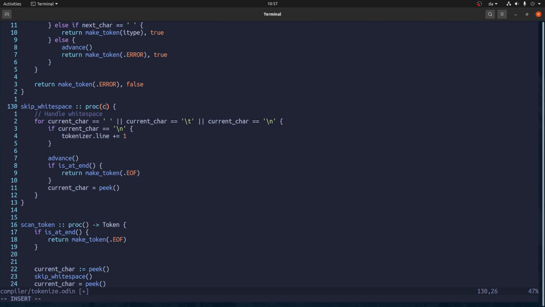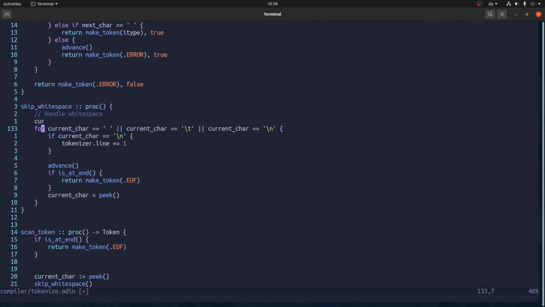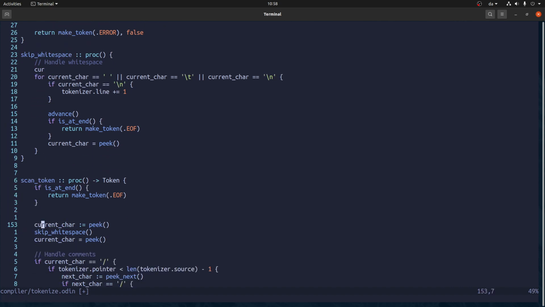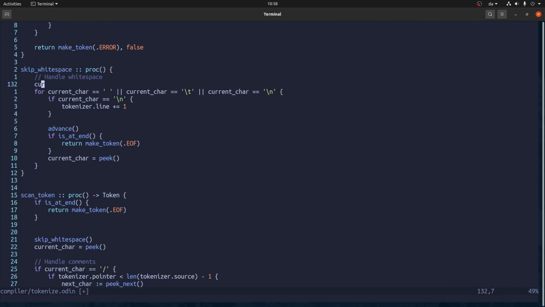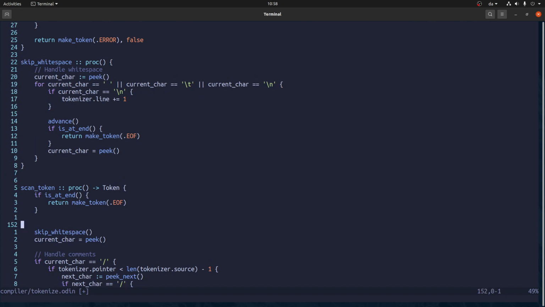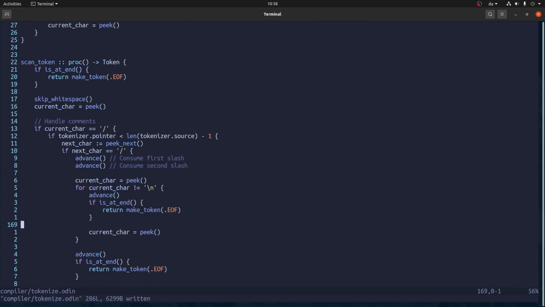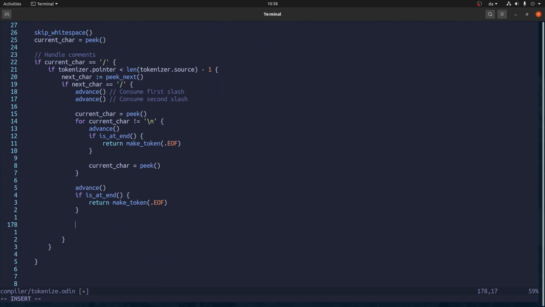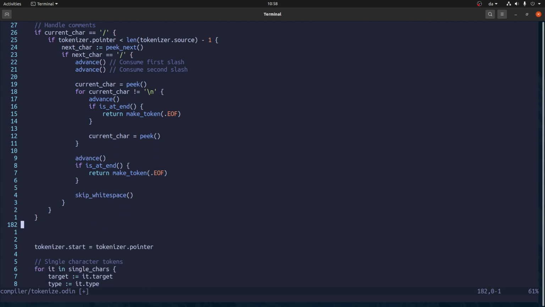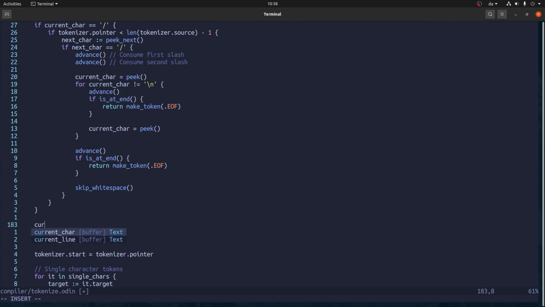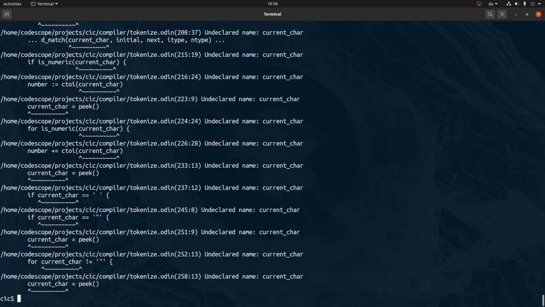And we're gonna need the current, maybe not, so let's just put that there. Then let's again skip white space. And once we're done, we can do that.